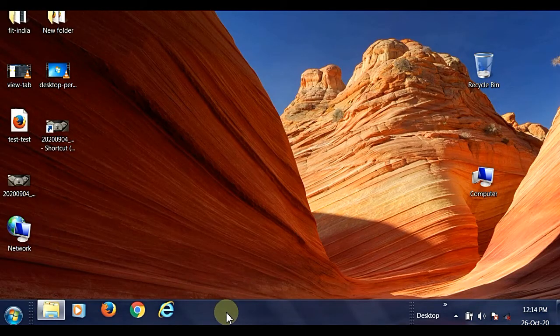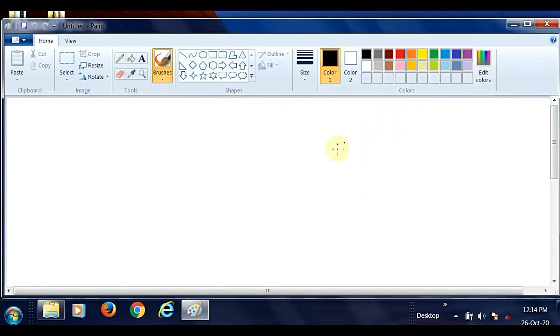Now I am going to talk about the taskbar. So what is meant by taskbar? The long bar that is seen at the bottom. It is the horizontal bar located at the bottom of the screen where running programs are shown. The running program means if I would like to work on the computer, if I want to work on Paint, if I open this Paint, if I would like to do some drawing, you can see that when I click on it, the icon is here. That means now Paint is working. So we can say that the running program icon is shown here.